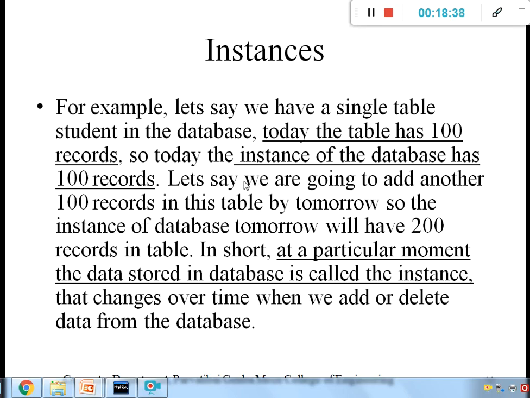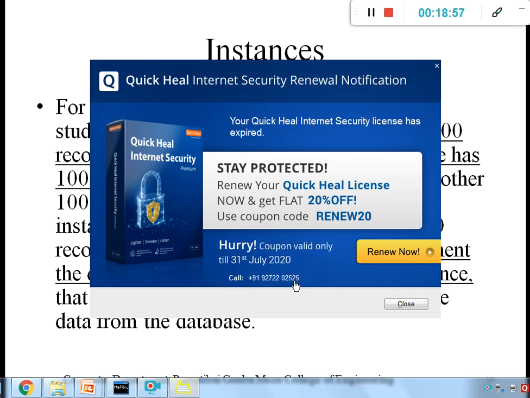Today's 100 records is one instance, and tomorrow with 100 more records, it has 200 records. That's why the instance has changed from yesterday's. That's why an instance simply means the changed database situation.